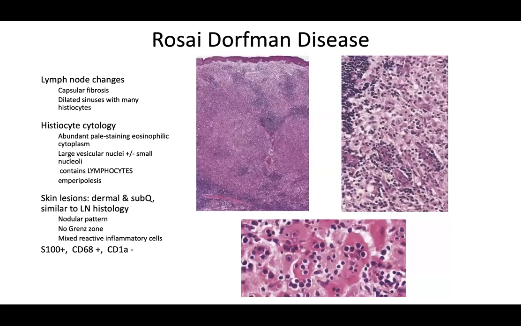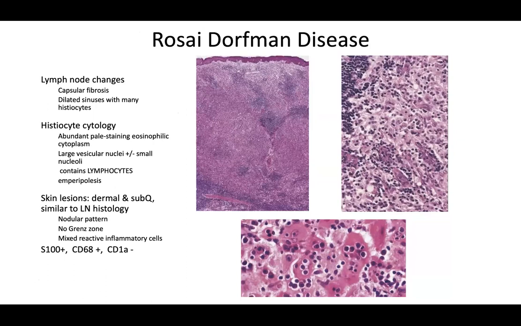So on low power, if you see something that looks like a lymph node in the skin, you should be thinking about Rosai-Dorfman disease. Many times you can have reactive lymphoid hyperplasia that can look like this as well. But if you go on higher power, you'll see that there's some larger histiocytes that appear to be engulfing these lymphocytes, and that's called emperipolesis. So if you see what looks to be like lymph nodes in the skin,